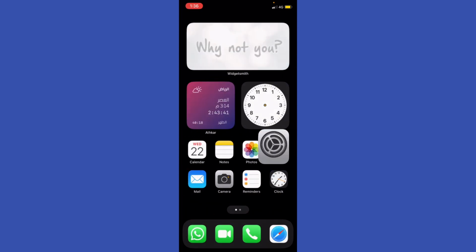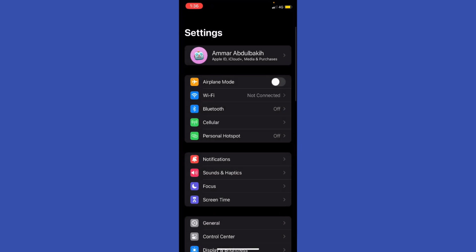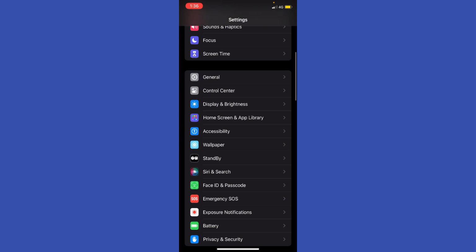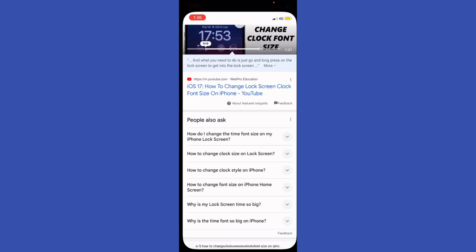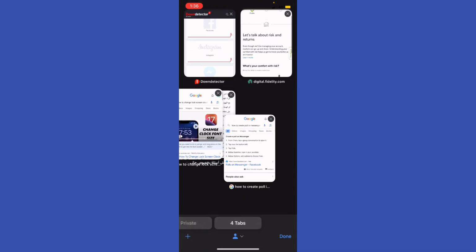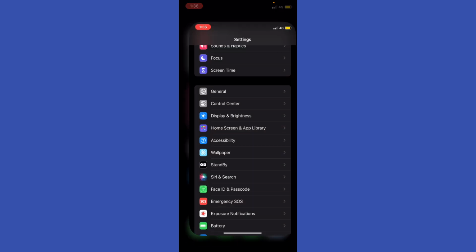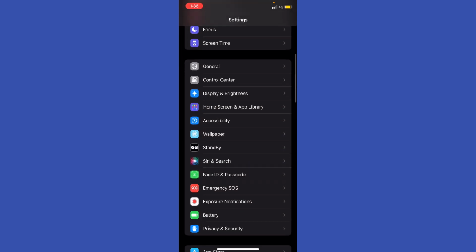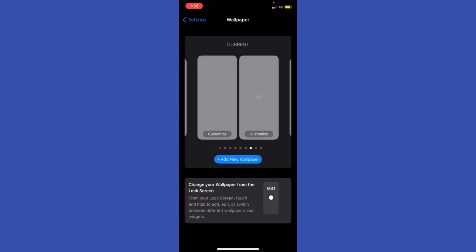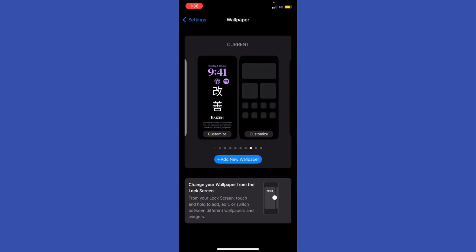I'm going to just go ahead to my settings. In my settings, I'm going to scroll a little bit down, and after I scroll a little bit down, let me just close this window real quick. All right, I'm gonna just go back to my settings, and I'm gonna just go ahead to my wallpaper. Right, in the wallpaper you're gonna see the